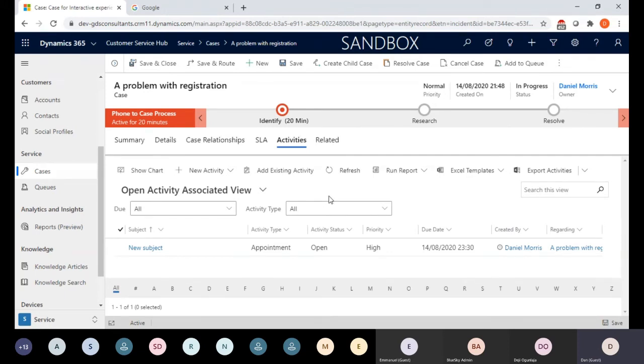Some of the things that are a requirement to complete this particular work might not fall within my remit. So what I can do is pass this case by assigning it to the next person,